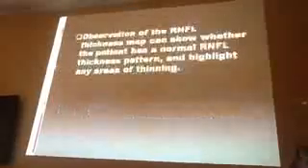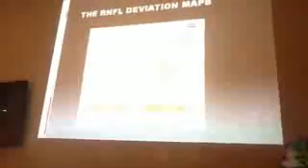These are all variations. Now, after you have looked at that map, the next thing to look at is the retinal nerve fiber layer deviation map. It's all on an OCT scan. So this is the deviation map. This is it here. So we've looked at the retinal nerve fiber layer thickness map. Now this is the retinal nerve fiber layer deviation map. Now what is this deviation map all about?